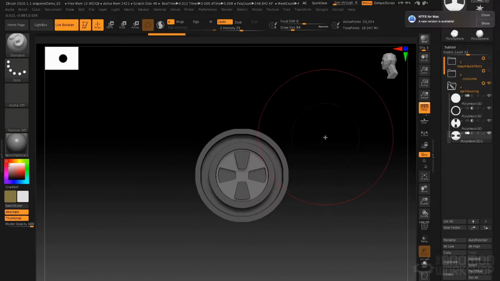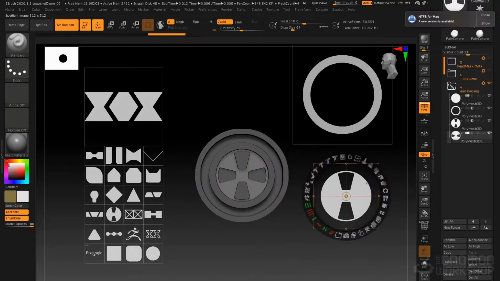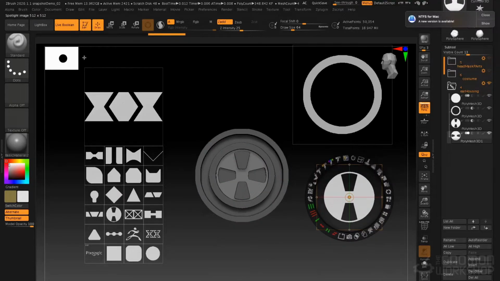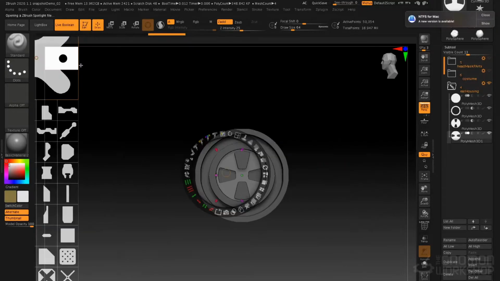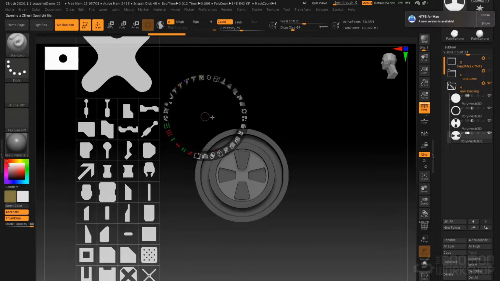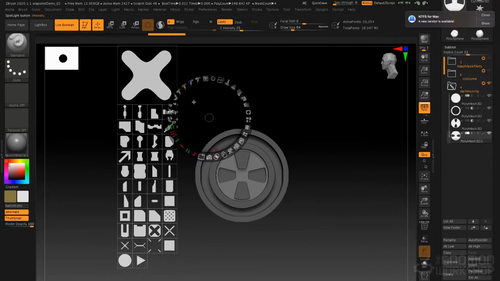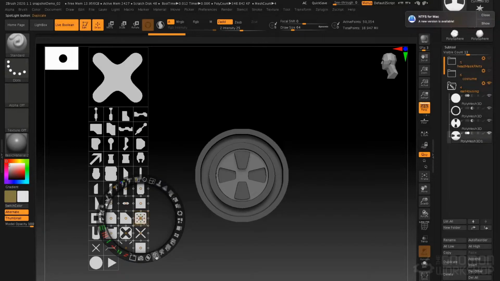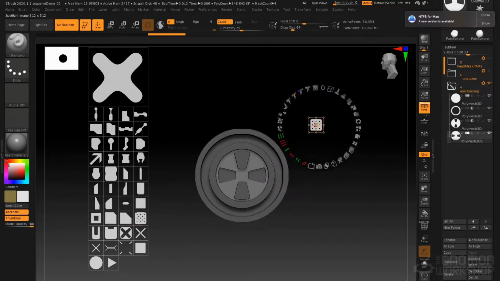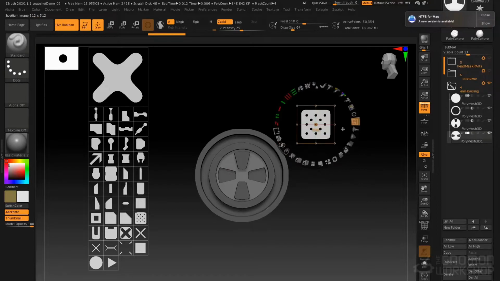So let's go ahead and press the Z key to bring our spotlight back up, and let's take a look at another spotlight now. Let's go to the light box, spotlight, and let's just grab another one. Say, for example, this one here. If I double click it, it loads that new spotlight up. I can scale it down so I see everyone on screen at one time. And let's grab this mesh grid here, duplicate it, drag it off,